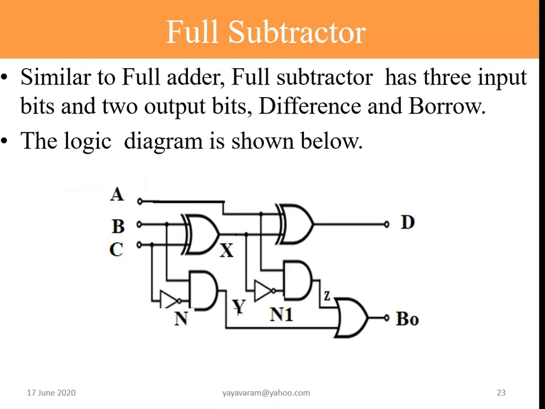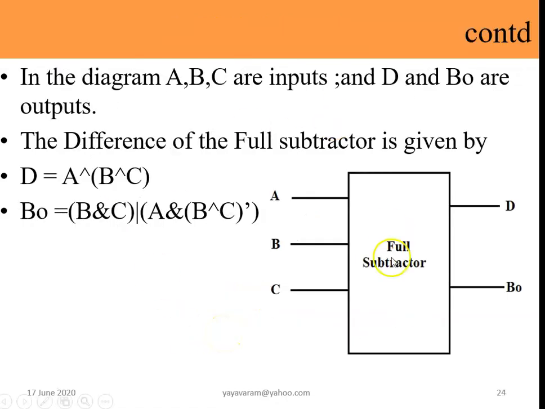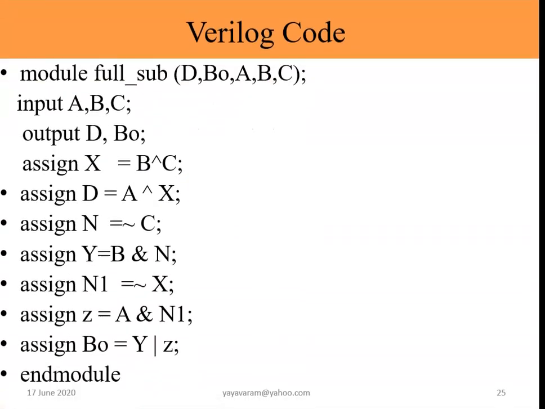Similarly, full subtractor. So again, you will have 3 inputs here. Same, this is the difference, this is borrow. But here I have shown the gate level model also to make you understand. Here I have shown the block diagram also, where I have 3 inputs, D and B naught both outputs. You can write the code in both ways using both the concepts. So in the first case I have written using the gate level model. So module, name of the module, outputs difference, borrow, inputs A, B, C.